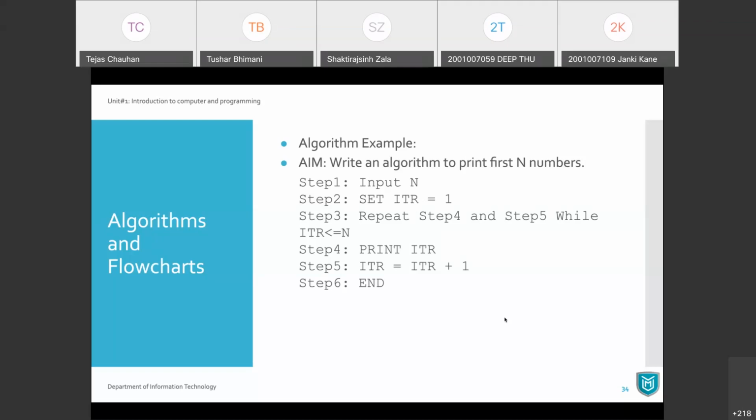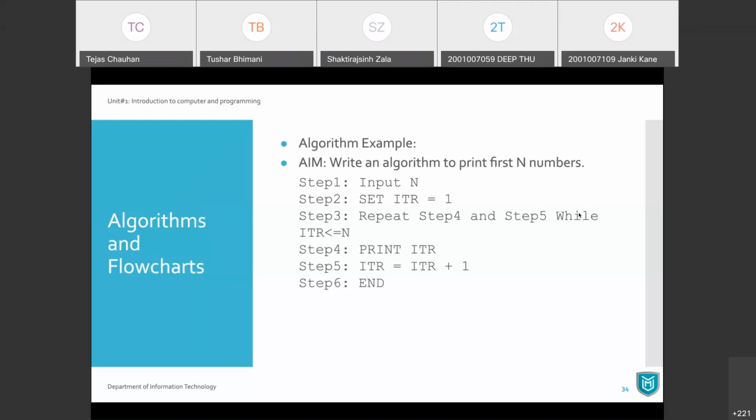So how do we write that? In an algorithm we say repeat a particular step number, or you can say repeat step 4, that's it, or you can say repeat step 4 and 5, or you can also write, let's say, repeat step 4 to step 8 if you want to repeat multiple statements, right? Now when you say that you are repeating something, then to make this finite, we must have a condition here.